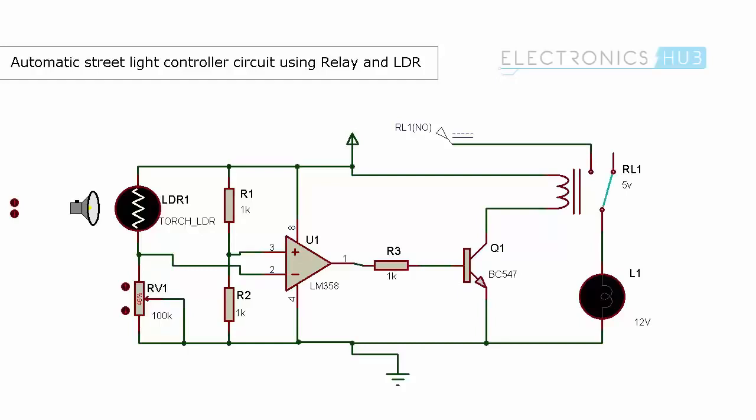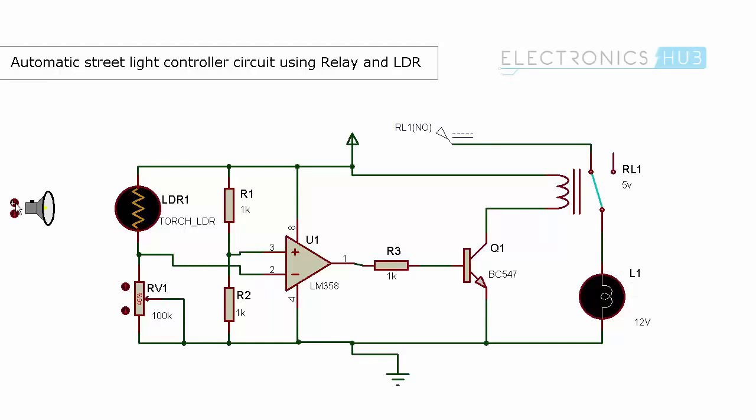Let us see how the circuit works. So when the power is switched on, you can see I have placed the LDR in light. So the relay is not switched, and this bulb is not glowing. Now I am going to decrease the intensity of light falling on the LDR. When the LDR is placed completely in dark, the relay switches, and here you can see the bulb is glowing.